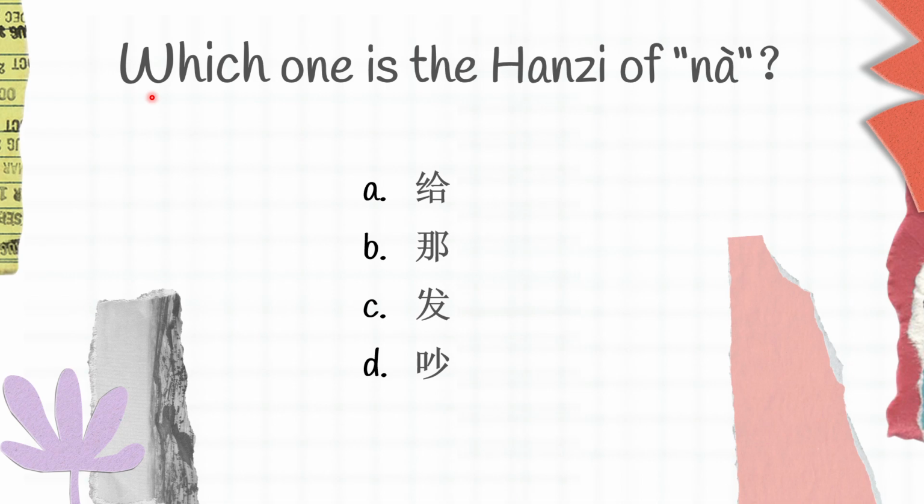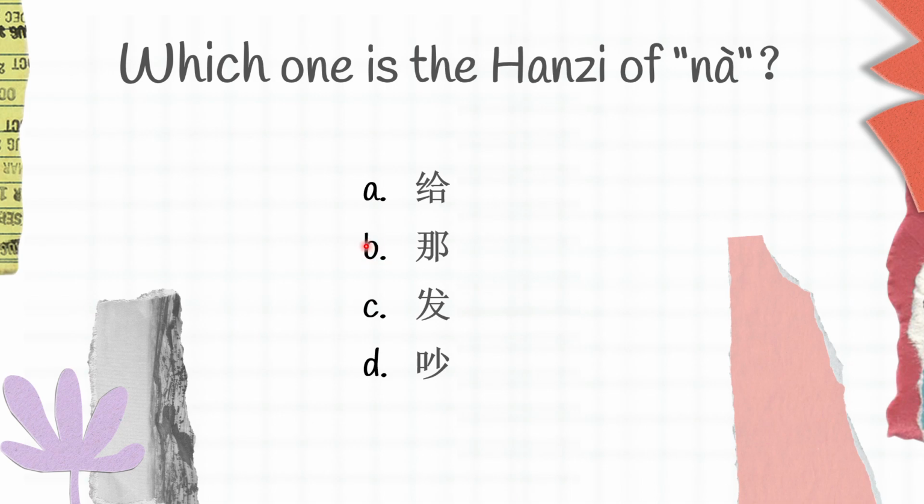Moving on to the next one: which one is the Hanzi of Na? You can try to recall first. A is Gei, B is Na, C is Fa, and D is Chao. And B is Na. So B is the right